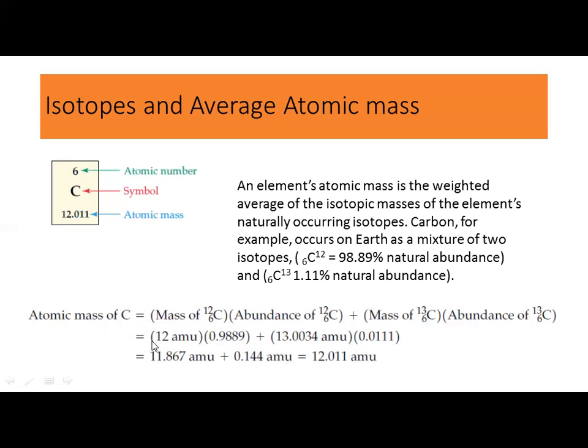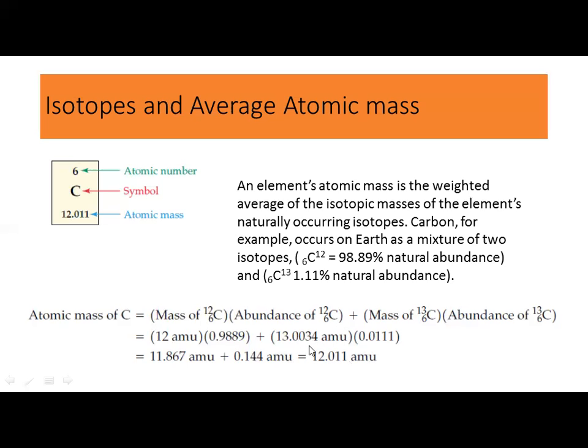So let's see again. The mass of carbon 12 is 12, and its abundance is 98.89. You have to divide by 100. Percentage को आपने natural figure के अंदर लेके आएंगे. So percent is always out of 100, यही जो अपने marks के लिए भी आप use करते हैं. So when I divide 98.89 by 100, the value would be 0.9889, plus